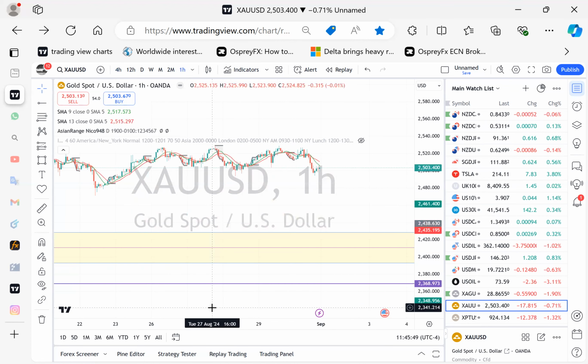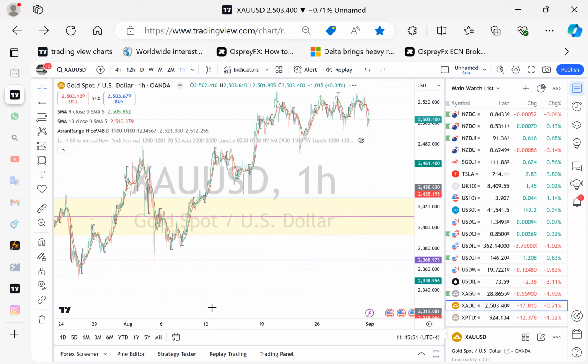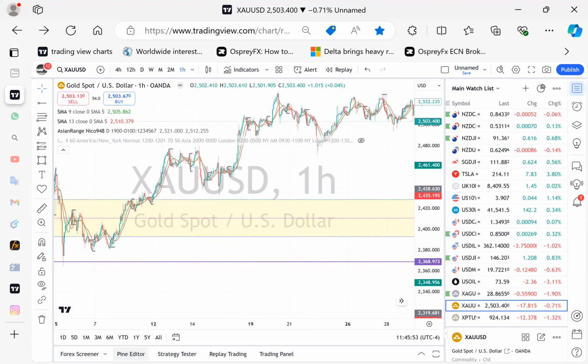Okay, that's what's up. So this is the gold, for y'all gold traders. I would look to probably bring gold back to this imbalance right here. At the very least, well, that liquidity got taken from that session. So I would definitely look at bringing gold to this